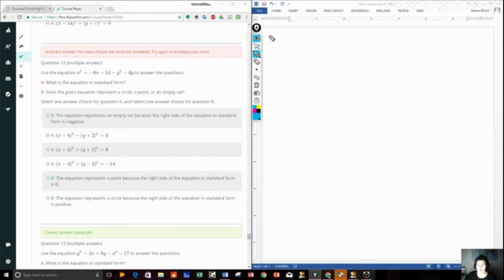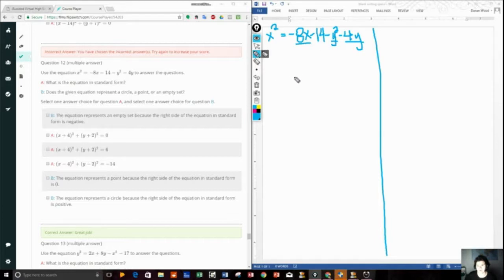So we have x squared, and I'm going to just split this down the middle right now. x squared equals minus 8x minus 14 minus y squared minus 4y. And we want everything that has an x or y or a y squared moved to the left hand side. So I'm going to add 8x